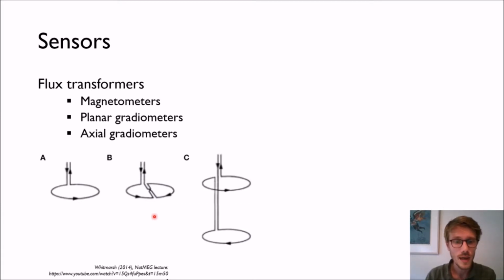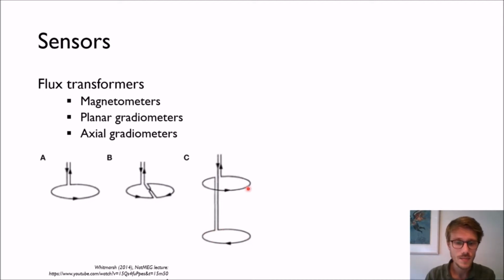The same goes for the axial gradiometers. Rather than being two coils that are laid down next to each other, here we have two coils that are above each other, as you can see here. So the signal that is being transmitted by the axial gradiometers is the difference between these two. So a source that is coming from the brain, like let's say down here, will be stronger in this coil